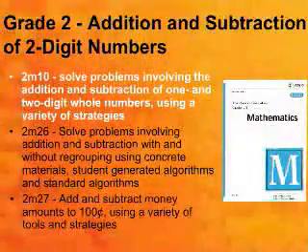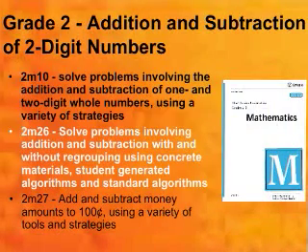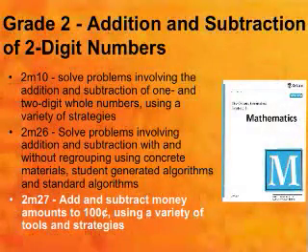So we want, for example, students in grade 2 to be able to solve and create addition and subtraction problems with numbers of a certain size. And we want them to use a variety of tools, and those include different kinds of concrete materials. We want them to use a variety of strategies. We want them to create their own algorithms. So it's one little expectation that's very big and important, and is certainly going to take significant time to develop. One of the other expectations that's relevant is the ability to work with coins and money amounts with those same kinds of numbers, doing similar addition and subtraction problems. And clearly money is a context that we use for some of those things.